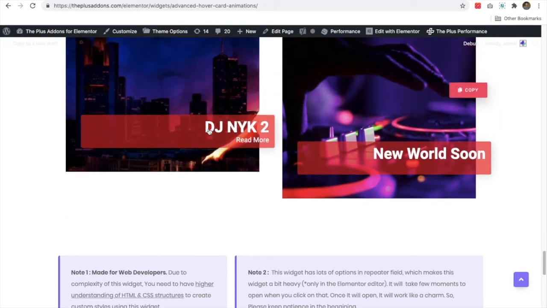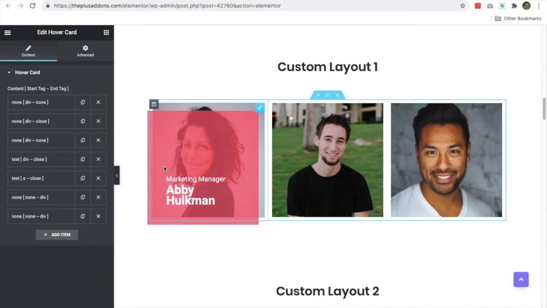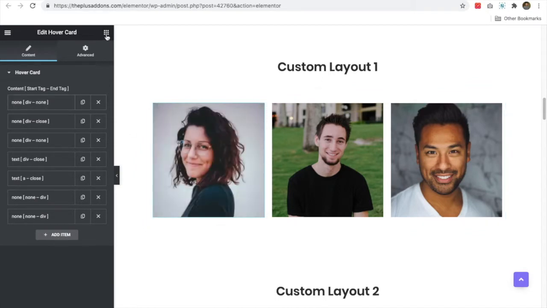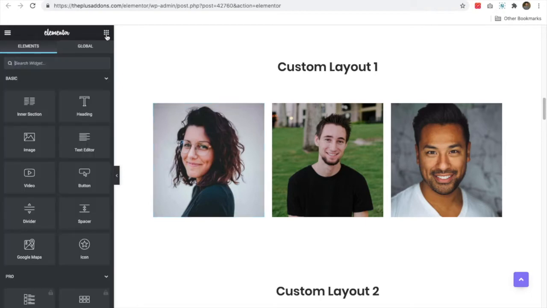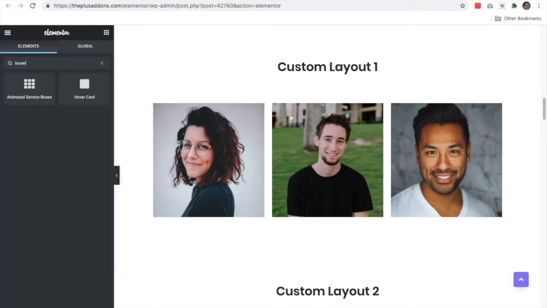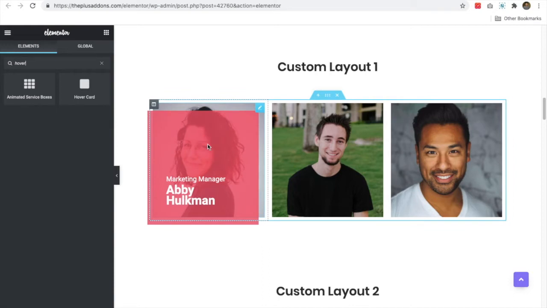Now let's check out the widget. If you go to the back end, first of all you just need to search for Hover Card in your settings panel. You can type Hover Card and just drag and drop this widget. Now if you go to the Hover Card, I already have clicked on this Hover Card widget, but it takes about 10 seconds to load.